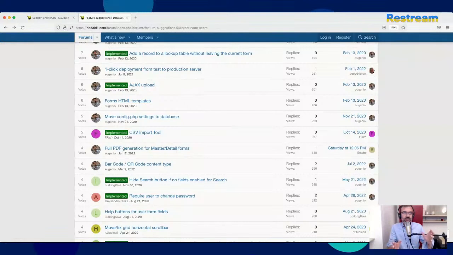Because even for people that are just looking into DaDaBIK, who are not customers already, they look at the demo, and I think it's not easy to understand that a lot of things are hidden in a configuration file that you cannot modify from the demo. I would like to have a layout section with all these kinds of things.